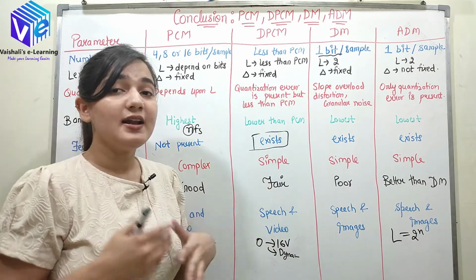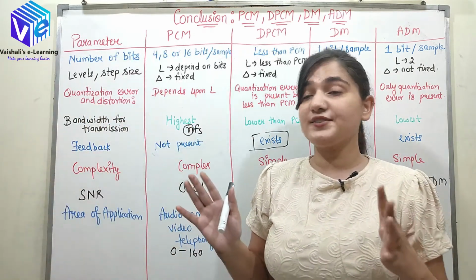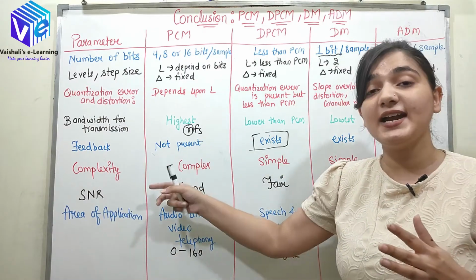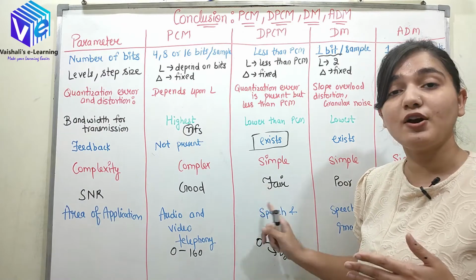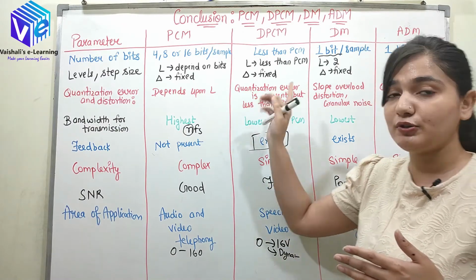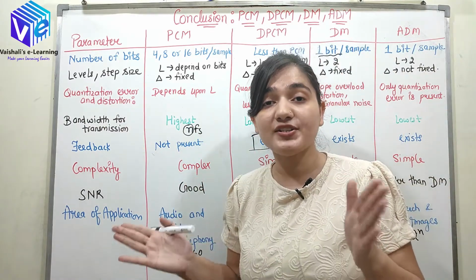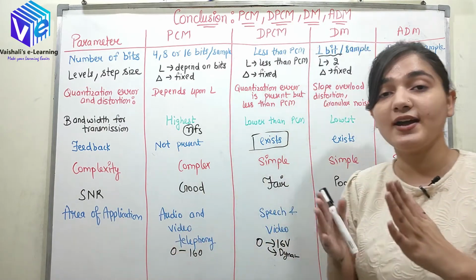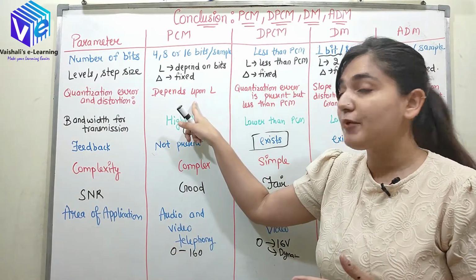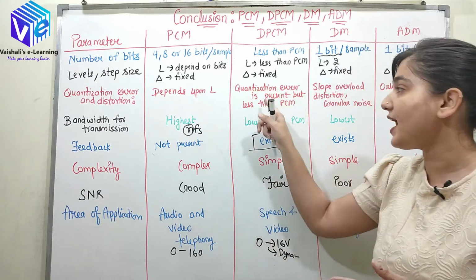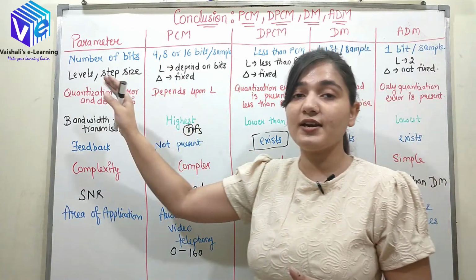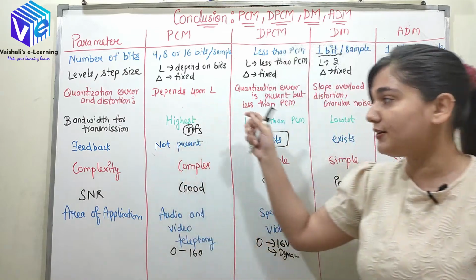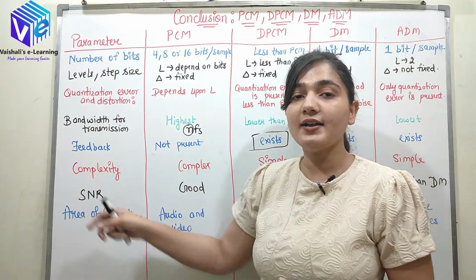So now if I talk about the signal to noise ratio, because here I was sending the difference of the two signals, because of that it was changed. Now if I talk about the quantization error, because the dynamic range has reduced, with the help of the same number of levels, the quantization error would be lesser than the PCM. So don't get confused, here we'll be having other distortions, because of which the SNR is reducing.